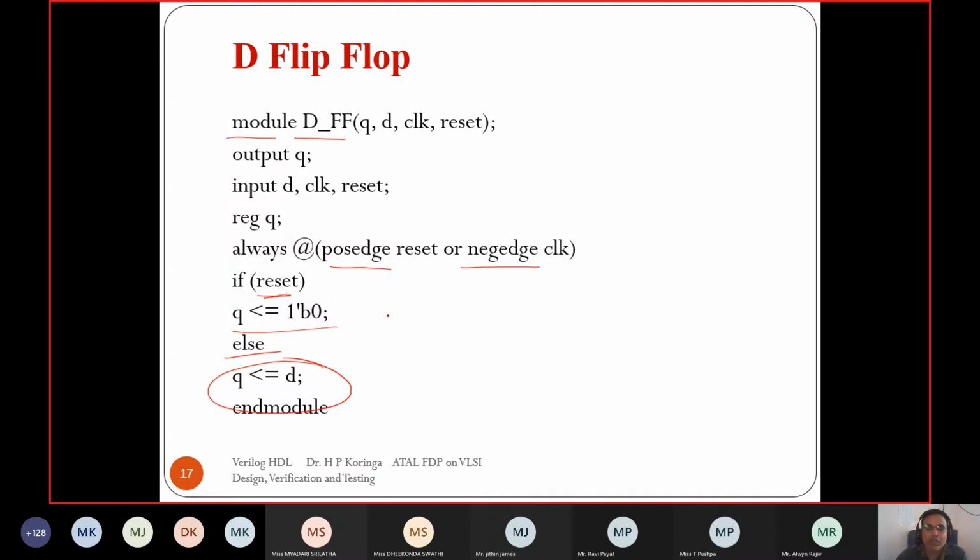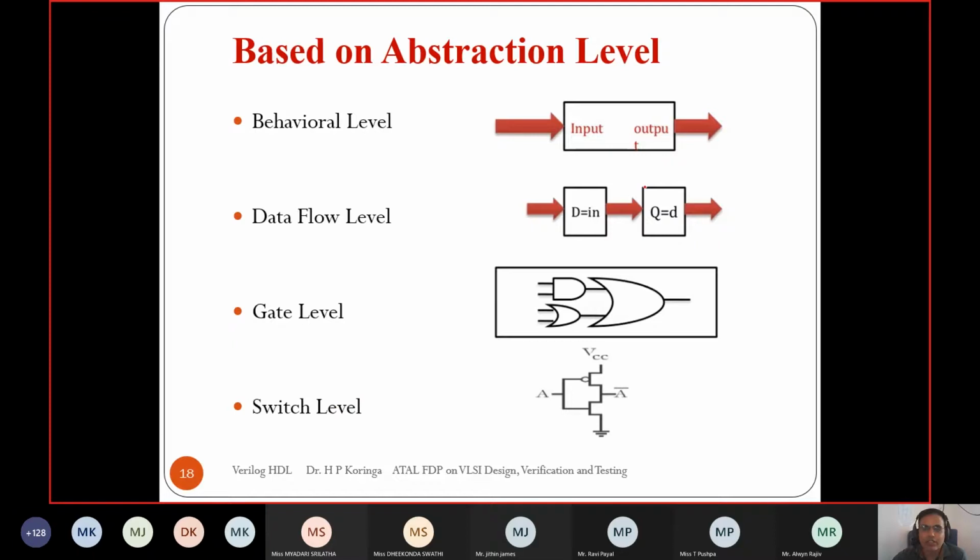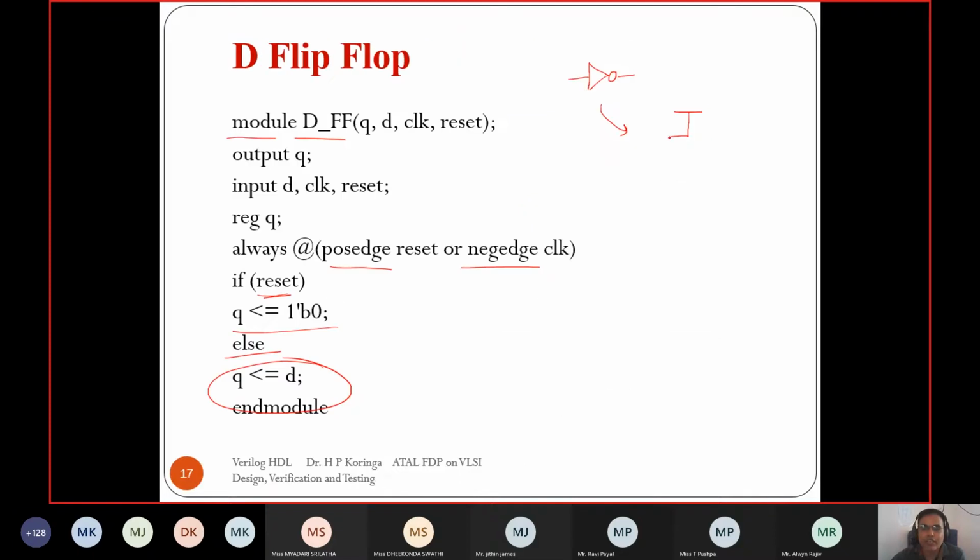Now, to design the D flip-flop and the NOT gate, we know that inside a CMOS NOT gate there is one P MOSFET and one N MOSFET, right? So this is the block of one NOT gate, and it is designed using a P MOSFET and an N MOSFET.